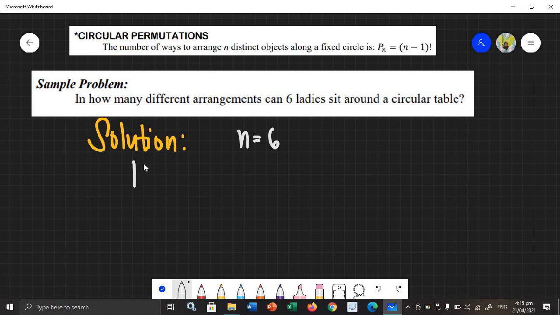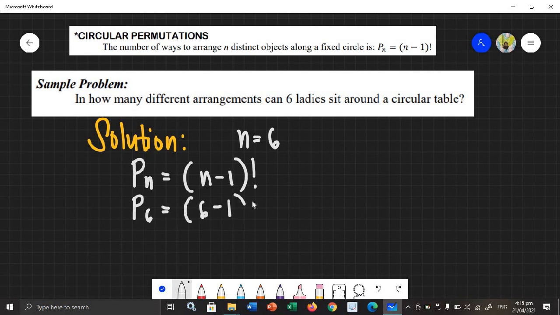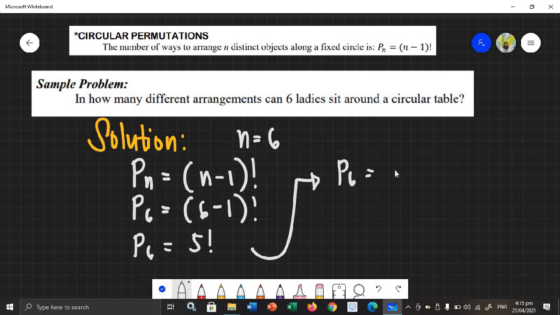Using the formula, we have P sub n equals quantity n minus 1 factorial. We have P sub 6 equals quantity 6 minus 1 factorial. So P sub 6 is 6 minus 1, which is 5 factorial. If you do not have a scientific calculator, that is simply 5 times 4 times 3 times 2 times 1. Okay? But if you have a scientific calculator, you can just click the one with the exclamation point and the answer will show. The answer is 120